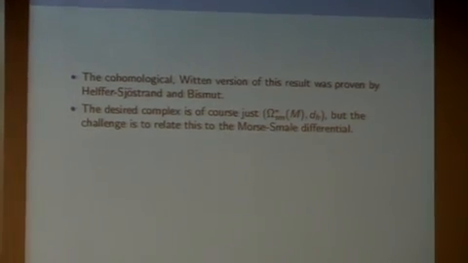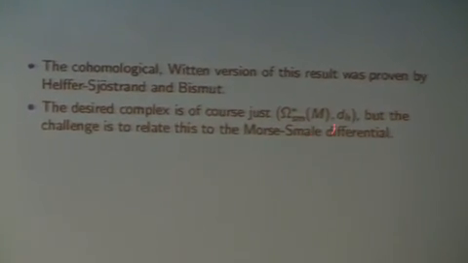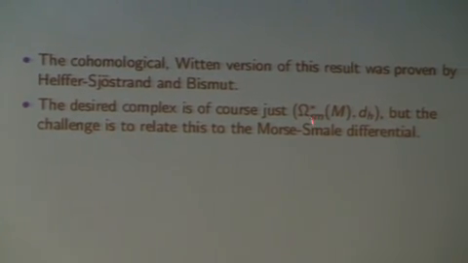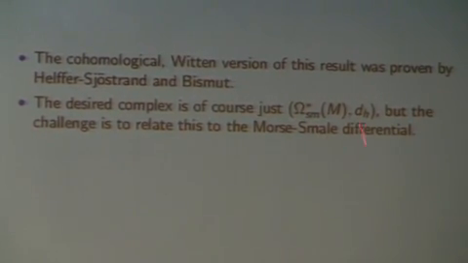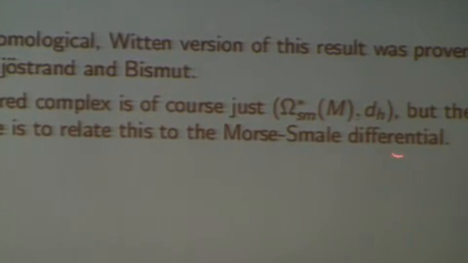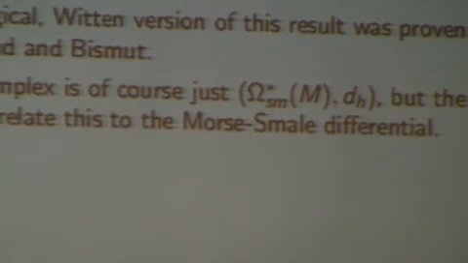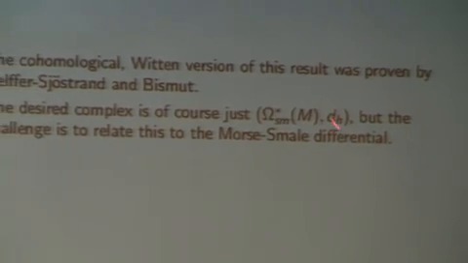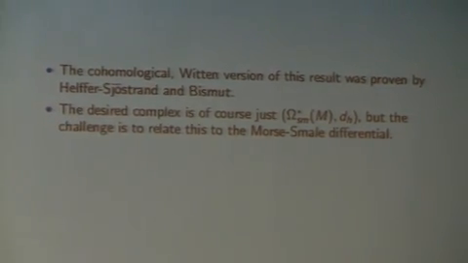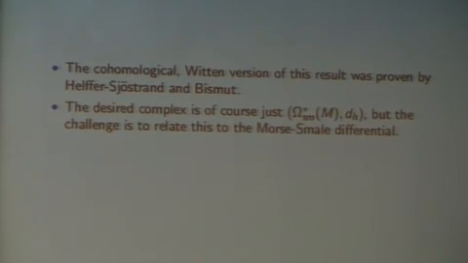So at a cohomological level, you could say that the desired complex is really just this. We have the chain complex consisting of small eigenforms, and then what's the differential? Well, it's the Witten differential, right? That is the chain complex that's computing the cohomology. We're sort of throwing away the information coming from the differential when we look at the Morse inequalities, but now